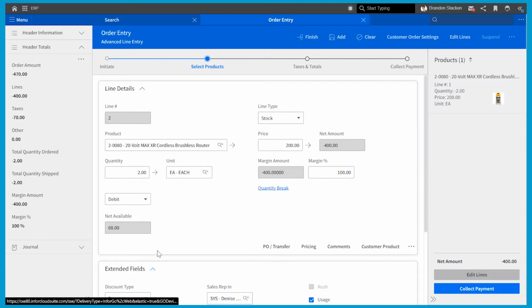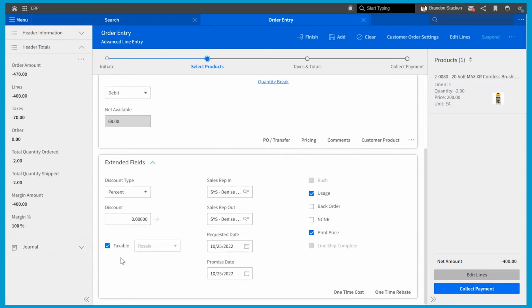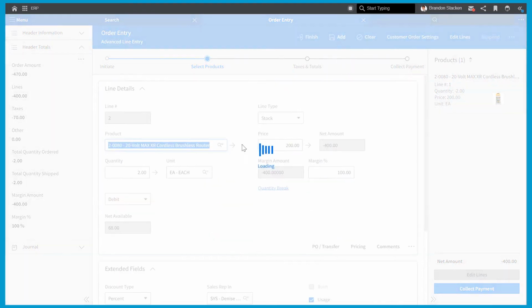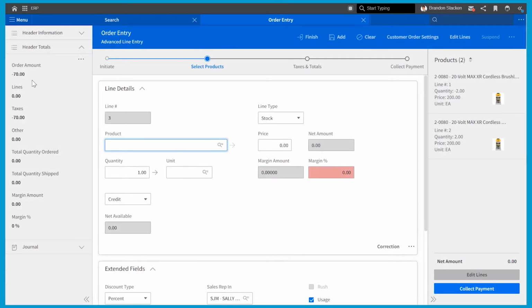And down below in my extended fields, here I have my taxable or not taxable checkbox. In this case, I was not supposed to charge the customer tax, so I'm going to uncheck that checkbox. I could put in a reason code as to why I am not charging them tax, but as I add that line item to the order, you'll notice that our net total order amount goes down to -70 because we are going to be crediting them back for the taxes that we charged them on the original